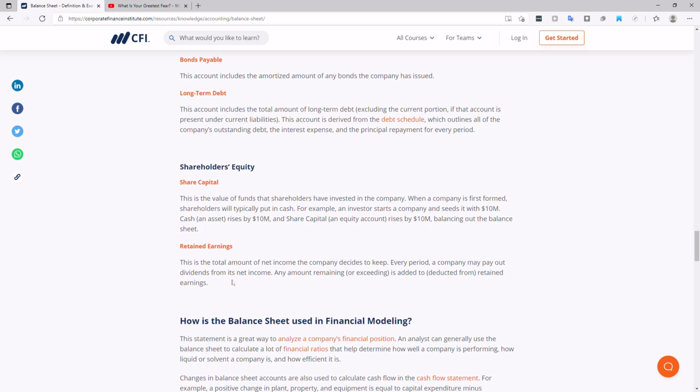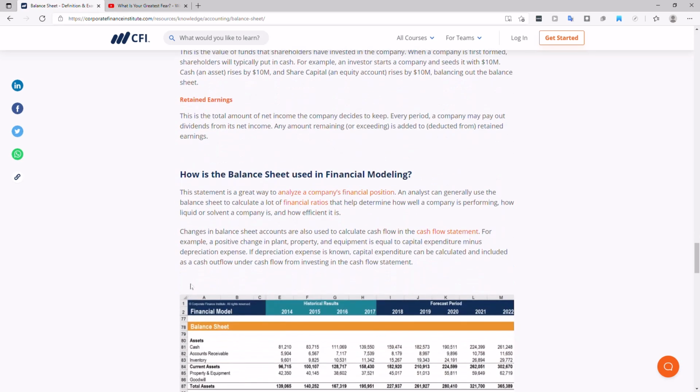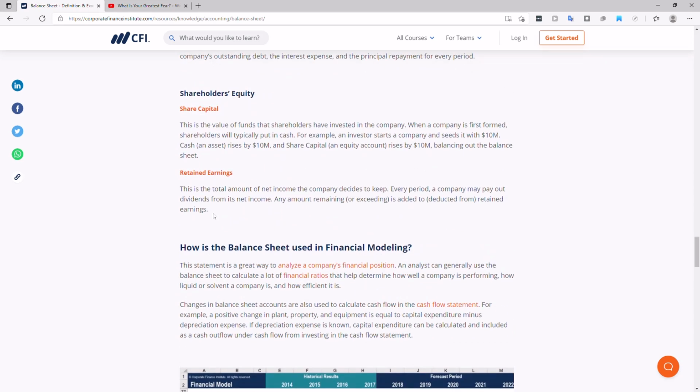Every period, whether it's quarterly or annually, the company may pay out dividends from net income. Any amount remaining after dividends, preferred dividends, and dilutions will be considered retained earnings. And sometimes in net income, there will be money that the company won't be able to keep because there are other owners, subsidiary owners, part of the company, so they have to distribute some of the net income to those alternative owners.